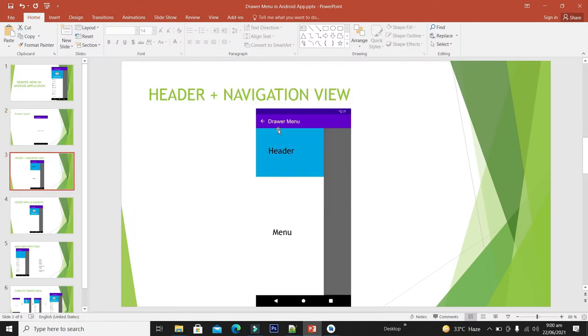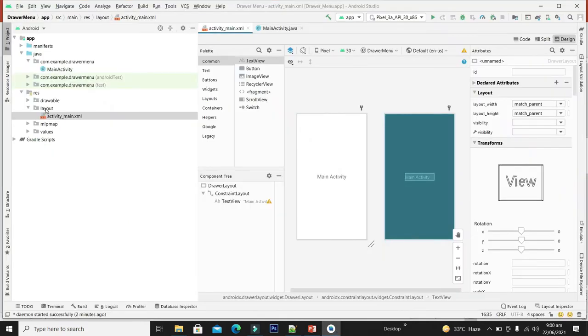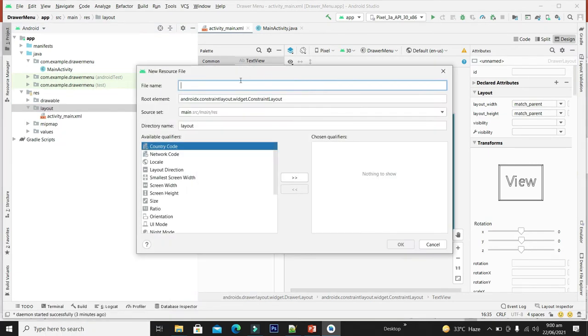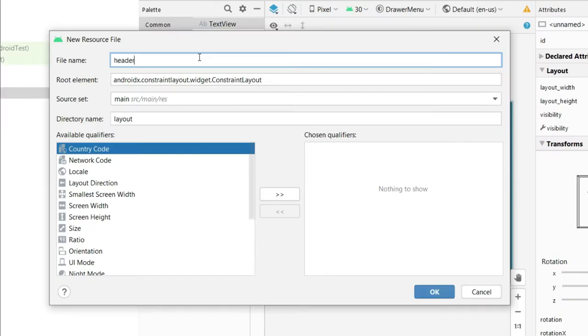Now it's time to make this navigation view. And we are seeing 2 components, header and menu. These 2 things will be created separately. So first of all, let's create the header. For creating the header, select on the layout, right click on it, from the new, go to the layout resource file, and from here we will give the name as header menu